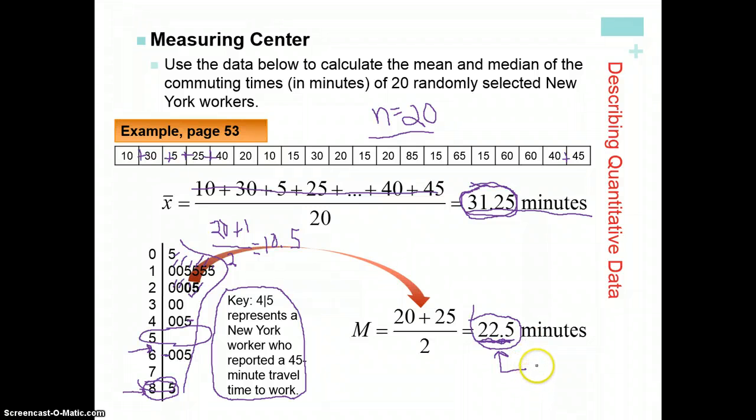That's why, especially with skewed distributions, you want to use the median, because it's going to be a better representation of the center of our data, because it is not influenced by those